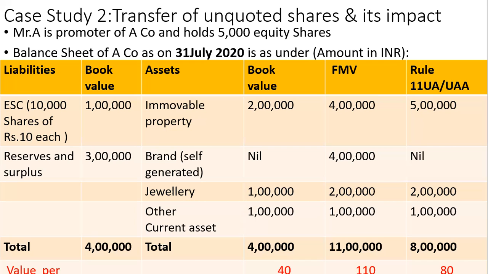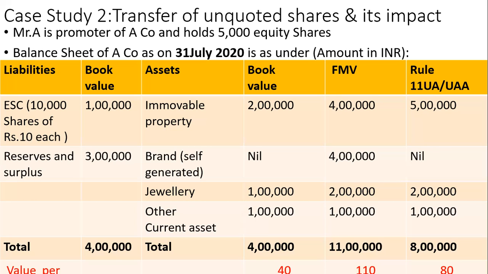Fair market value is the value at which, if I sold in the market, I would be able to get this price. Say equity share capital, fair market value of immovable property is 4 lakh, but for the purpose of Rule 11UA, it is 5 lakh. Brand value will not be considered under Rule 11UA, so that will be considered as nil, but